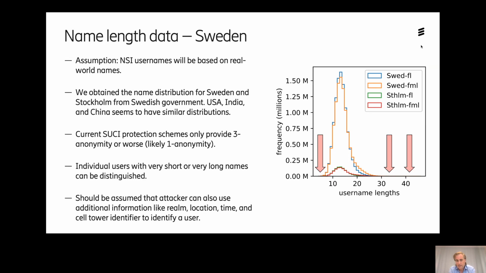And our analysis is that SUCI provides very poor anonymity for these distributions. In most cases, it only provides one anonymity, which means that there's at least one user whose name is unique, and that can be used then to identify and track the user. As can be shown here on the picture with the arrows, it's mostly users with very short names or very long names that have low frequencies, and therefore they can be distinguished, and